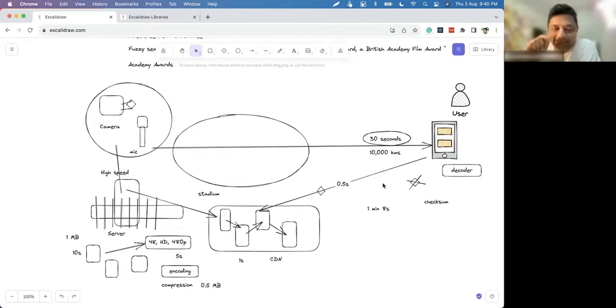Because the chunk is the smallest unit which you can transmit, right? And if you have a small chunk size, then you can correct it very quickly. So this is one way of ensuring that you have low latency.